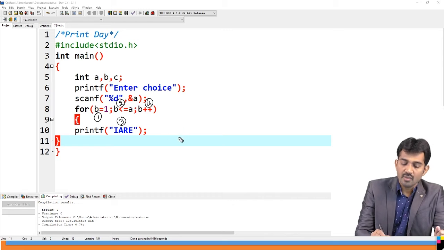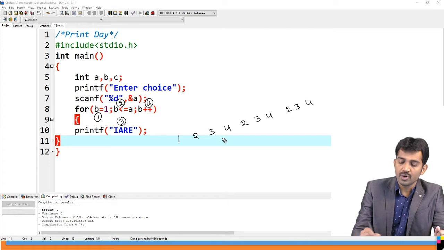This is the procedure, 1, 2, 3, 4. Again 2, 3, 4, 2, 3, 4, means these three steps go on repeatedly. When step 2 goes false, you just get out of the loop.